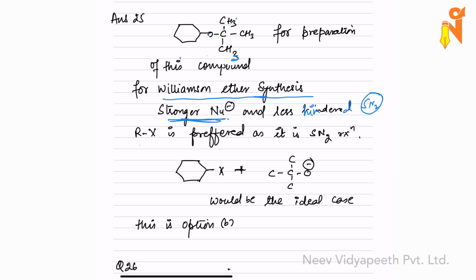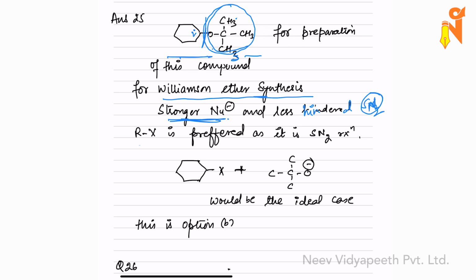The stronger your nucleophile is, the more the reaction will go towards SN2. So because this is an SN2 reaction, a stronger nucleophile and a less hindered RX are what is preferred. So if this is the compound we have, now we have to figure out which part of this compound can be the haloalkane part and which part of it can be the base part. If there is a 3 degree O minus, then it is going to be a very good base. And if you see, this is a 2 degree chain. So on this 2 degree carbon, if X is there, then it is better.